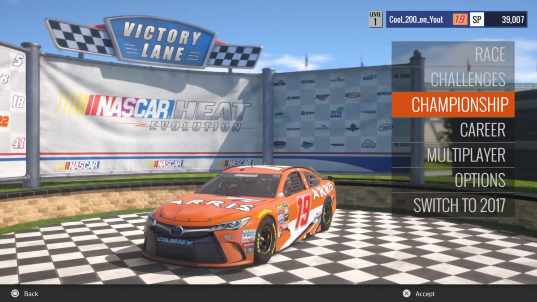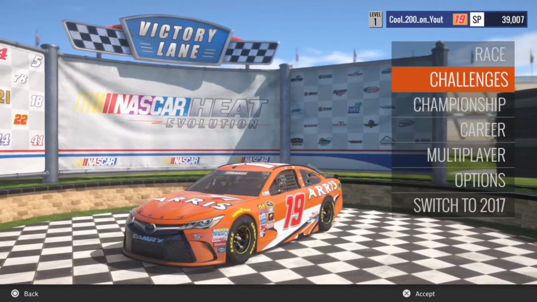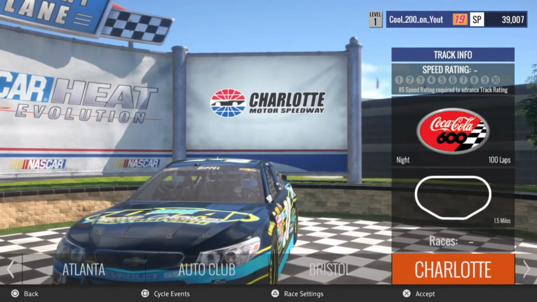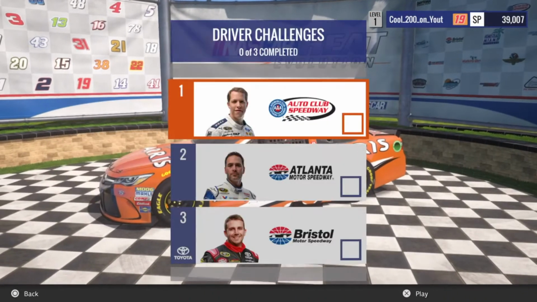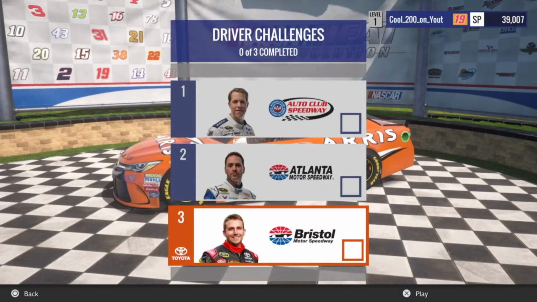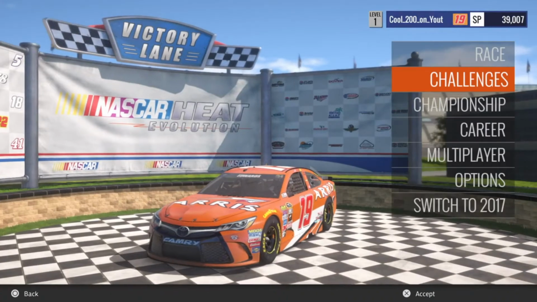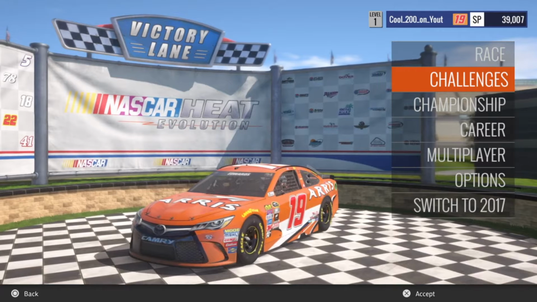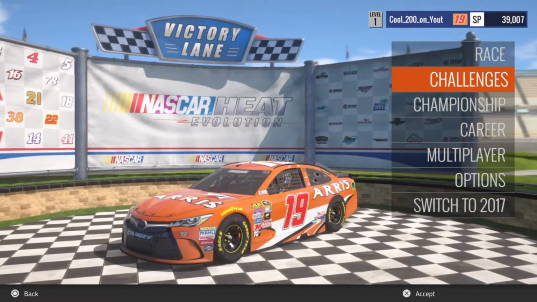You got race, challenges, championship, career, multiplayer, options, and switch to 2017. Race is your standard racing stuff. You pick your driver, you go to a track, and you race. That's pretty straightforward. Challenges is something new. You have 3 challenges that you can do. You got Brad Keselowski at Auto Club, Jimmy Johnson at Atlanta, and Matt DiBenedetto at Bristol Motor Speedway. They'll challenge you to do something in the race, to finish a specific position, or to beat them at that track, and you will gain, I guess, points or something. I never really figured out how that worked because I quit on this game pretty fast to go back to